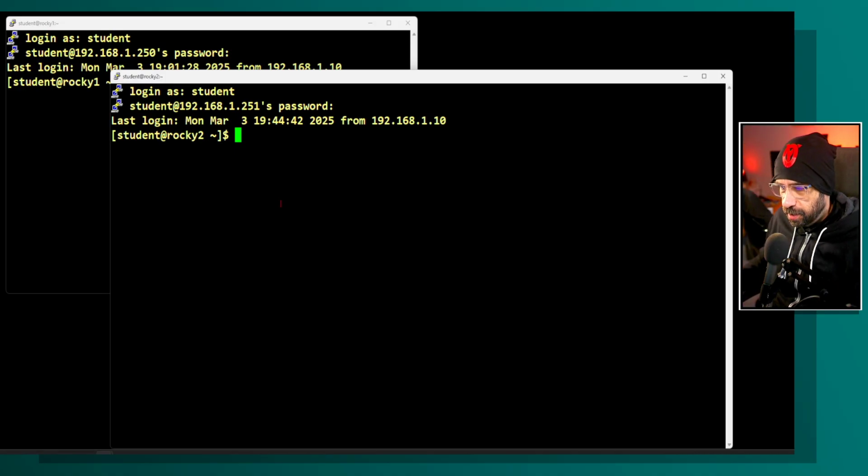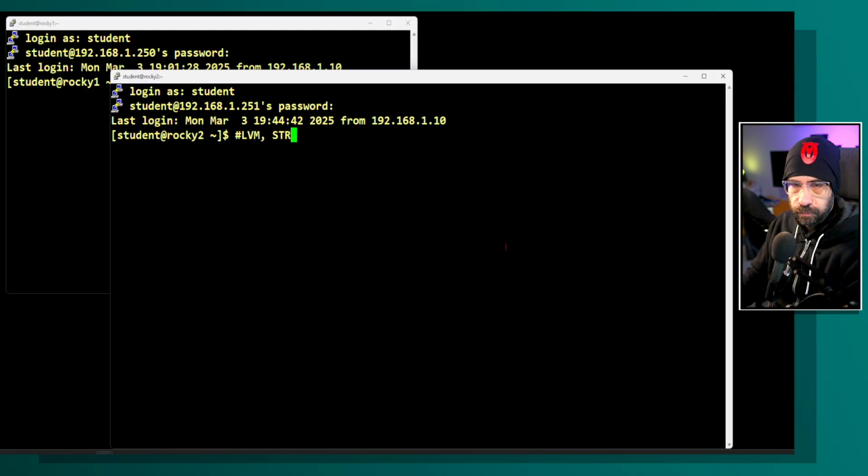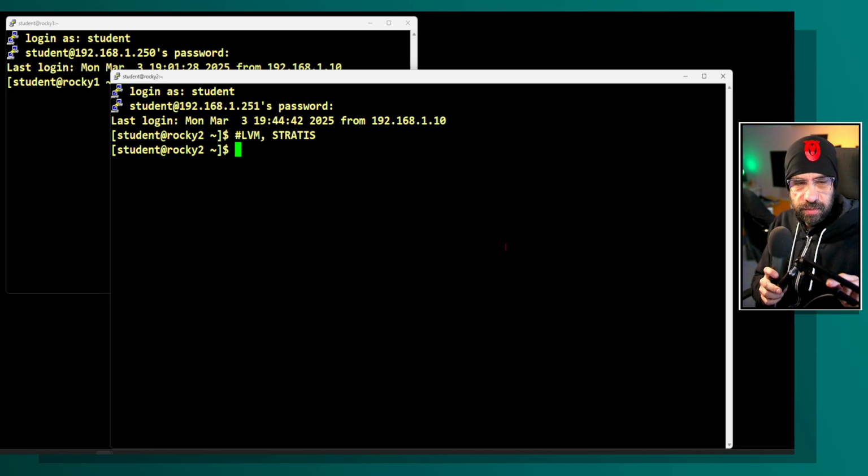So yeah, let's discuss what is the name of the chapter again? I forget. Manage Storage Stack. So in other words, we're going to discuss two things. One is LVM and the other one is Stratis. Okay, I'm going to go through LVM and Stratis, but let me tell you right now, I don't like Stratis